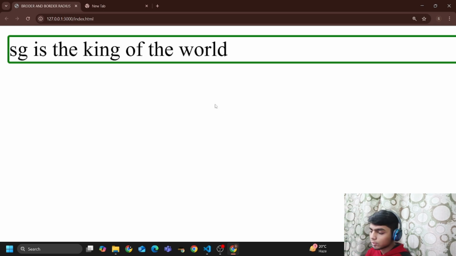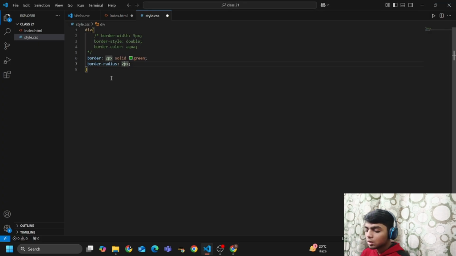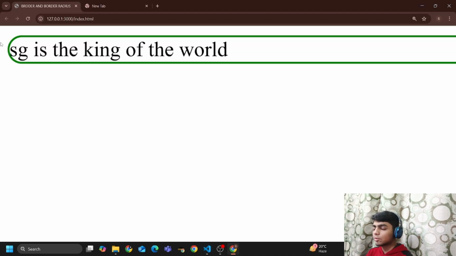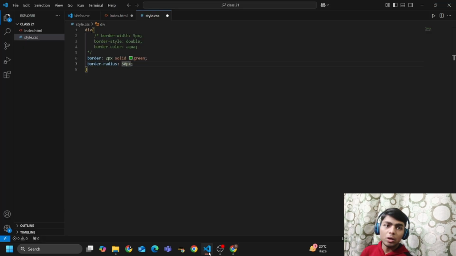It's very small, so you will not be able to observe much difference. Let me do it 50 pixels. See, now you will observe the difference that my borders are curved from their ends, from the top left, top right, and bottom left. See, there are four ways of writing the border radius property.